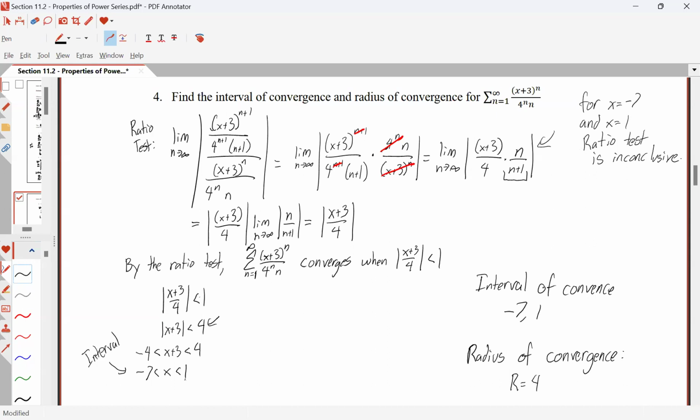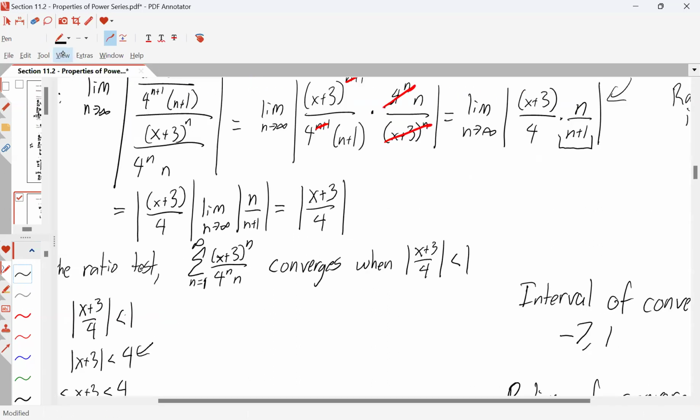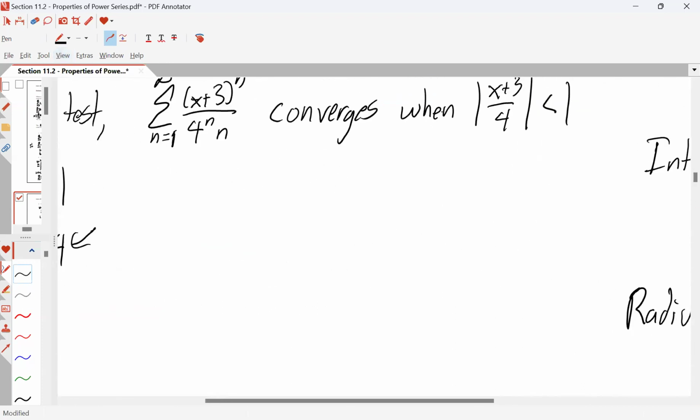So we need to test those with a different method. I'm going to zoom in, and we are going to test